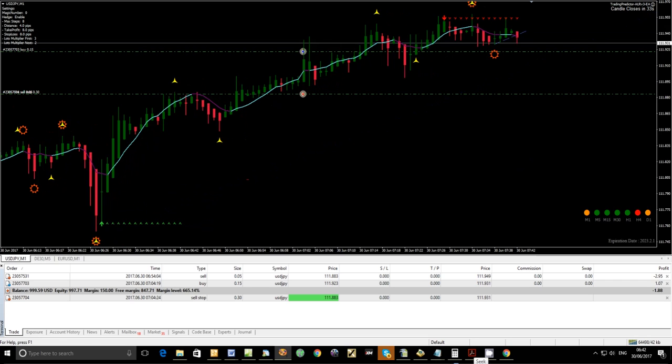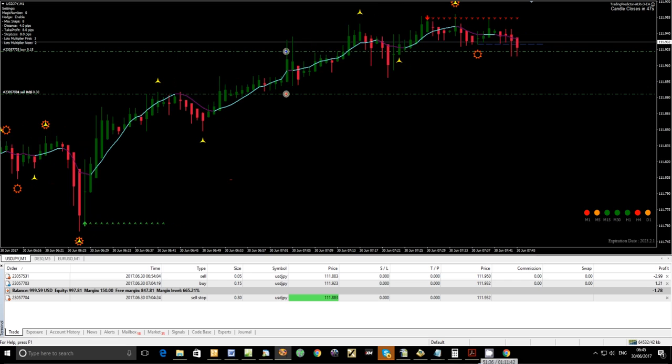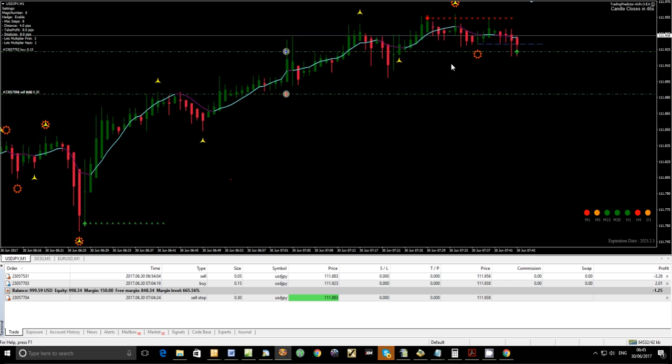So move this forward. Now this looks like a significant reversal here because the line's going horizontal. We've hit a big ceiling here. I'm thinking, oh geez, this is going to turn around on me now. It's going to start coming down. I would definitely have stopped out at this point. So